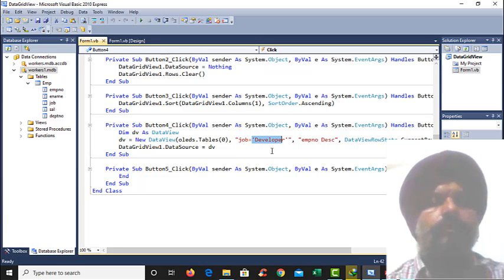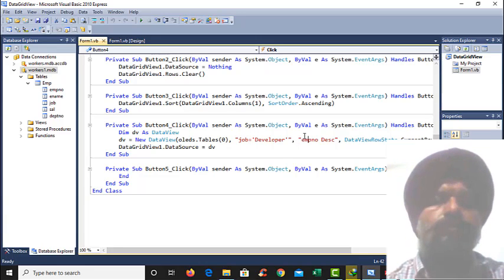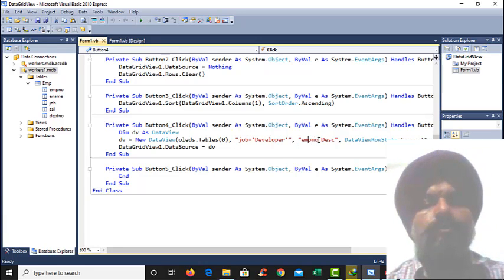Second, after filtering, you may want to display the data in a particular order, by the same field or by another field. In this case, the job field has all the developer values, but these values should be shown in descending order. You can write ascending order as well.